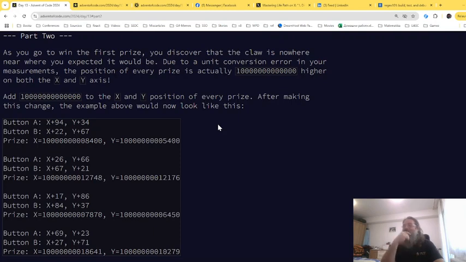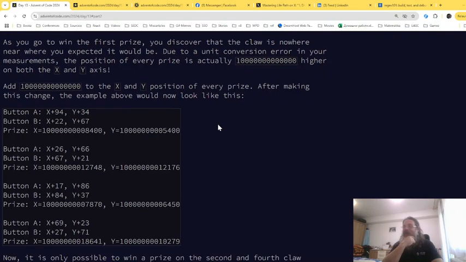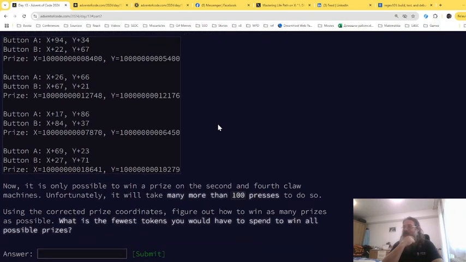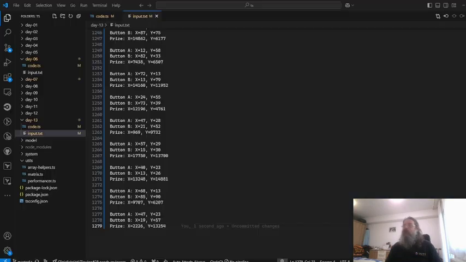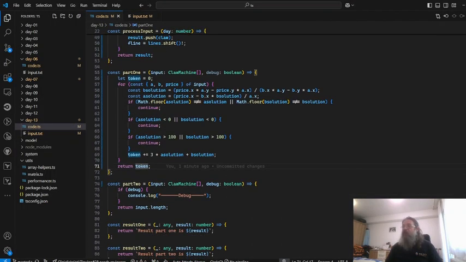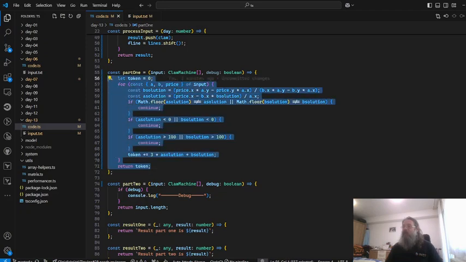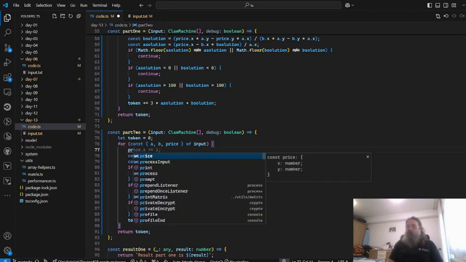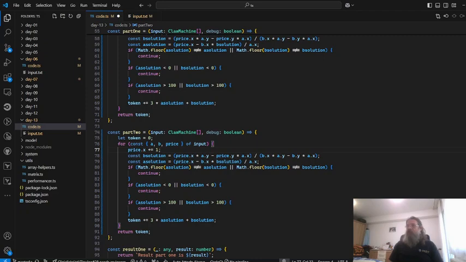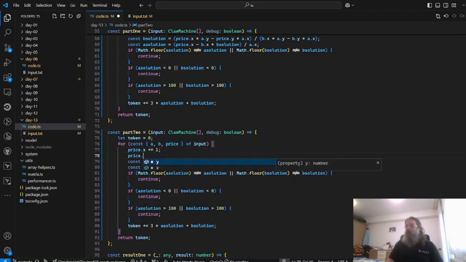Yeah, now it becomes more interesting. We need to add something to that. I don't think this will be an issue. I'm not sure, but the problem that we're getting into now is actually the number precision problem. So what we need to do is first to say price.x and price.y